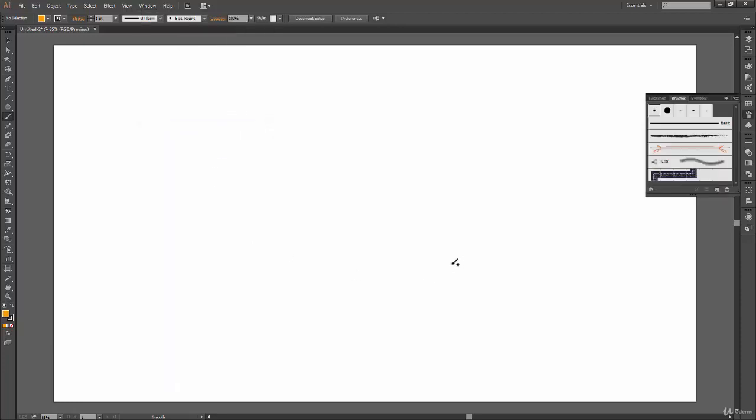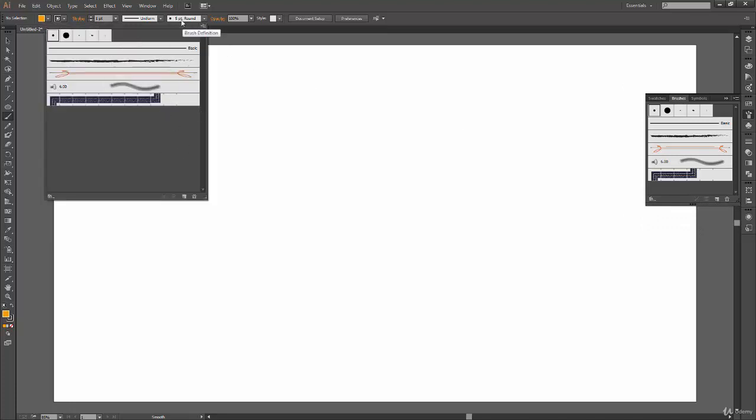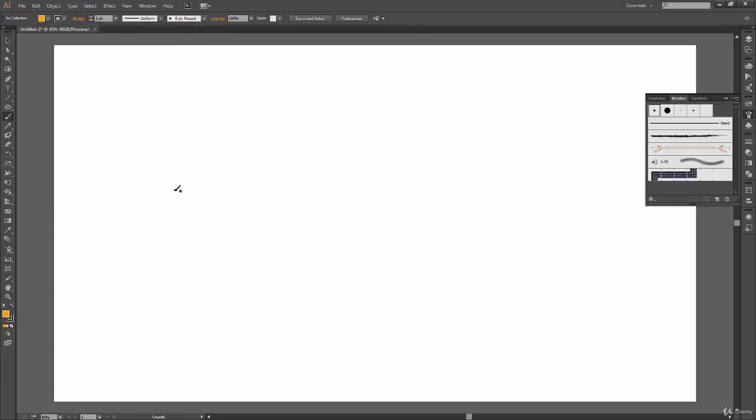So yes, anything will work. Here we have our panel opened, and you can see it's exactly the same thing which we opened by clicking on the brush definition drop down. You can either have your brush panel open, or you can change all these settings from here. Okay, so let's see how it works.